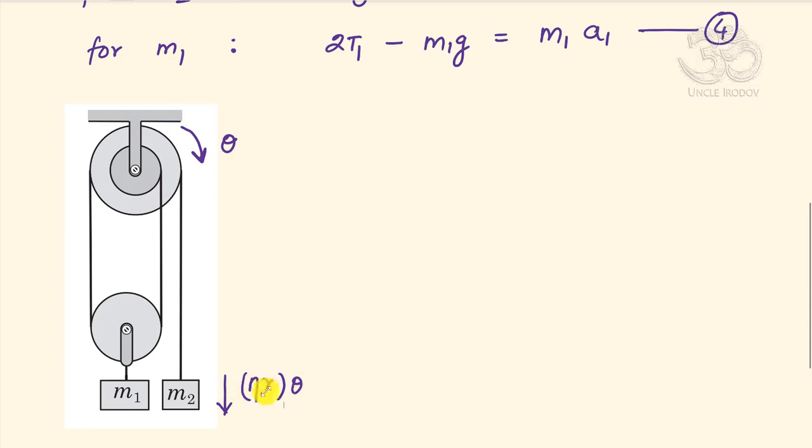the radius of the drum on which it is fixed multiplied by theta, and the total string length on this side, on the left hand side. So if you have a look at this string length, that should ideally decrease by the same amount, eta r into theta, because that's the increase in the string length on the right hand side. So this string length decreases by